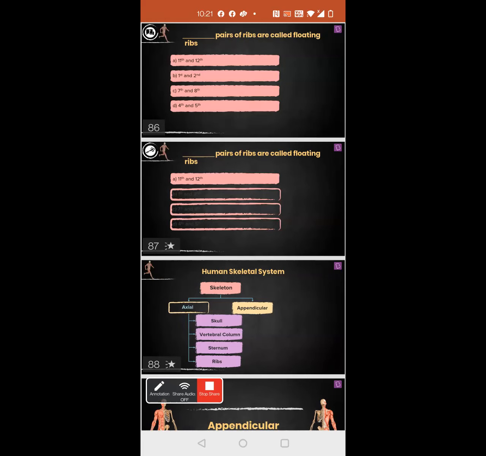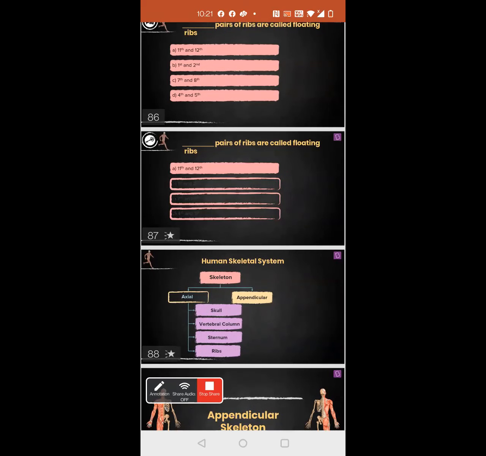And then we learned about the sternum. It is one bone. It has the manubrium, body, and then the xiphoid process. Xiphoid process. It's like a tie shape. Then we learned about ribs. Ribs are attached in the front by cartilaginous, hyaline cartilage, and at the back to the vertebral column.